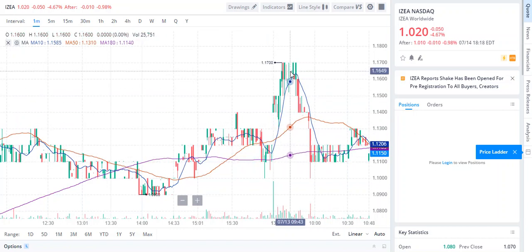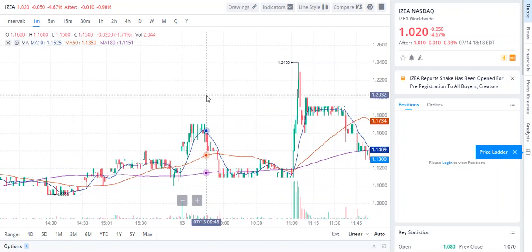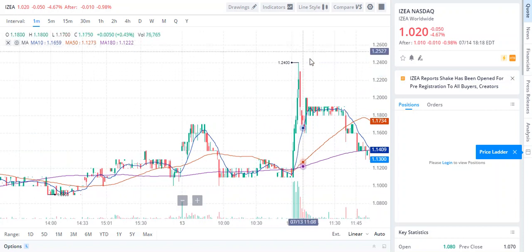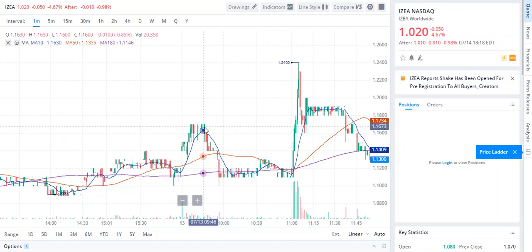So your price is going up, it hit that peak. Now in theory you would hope that it would just continue to go up, go up, go up, kind of do that little zigzaggy up, sell, buy, a little sell off, buy. The whole time that it would be doing that, though, the blue line would be above the orange above the purple. That didn't happen, though. It not just got sold off, it dumped, and it dumped past your support, so it didn't bounce off like you would hope,